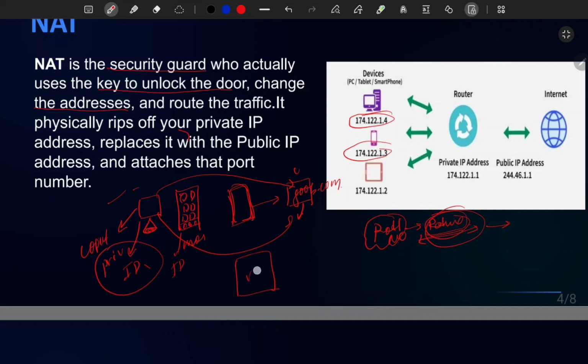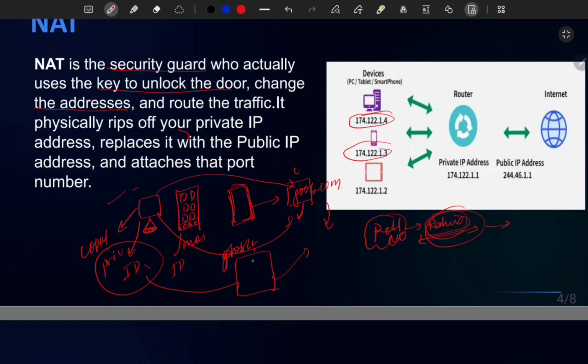There is a router, okay. It changes here and converts into the first global public, okay. Global public, sorry, not private, global public, and then global public talks with the global public google.com. Because suppose if I send a request to google.com, the response will come, but Google will not know which device it has to send to. So that's why it creates one global